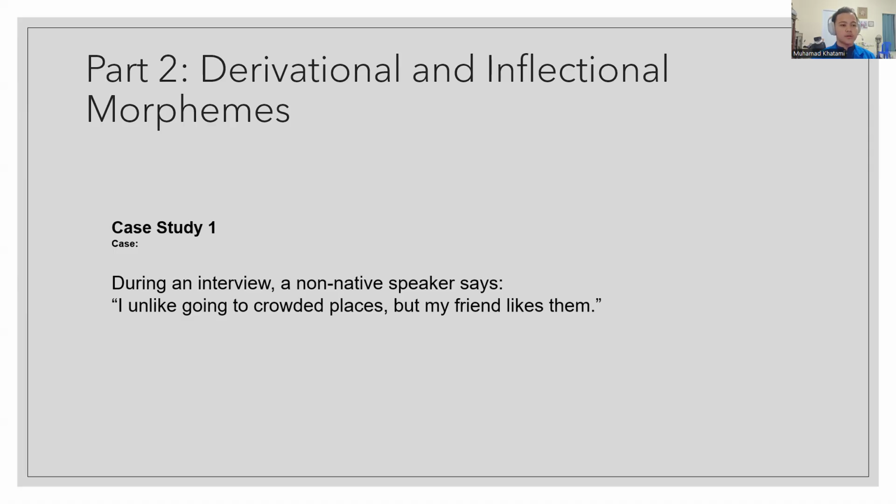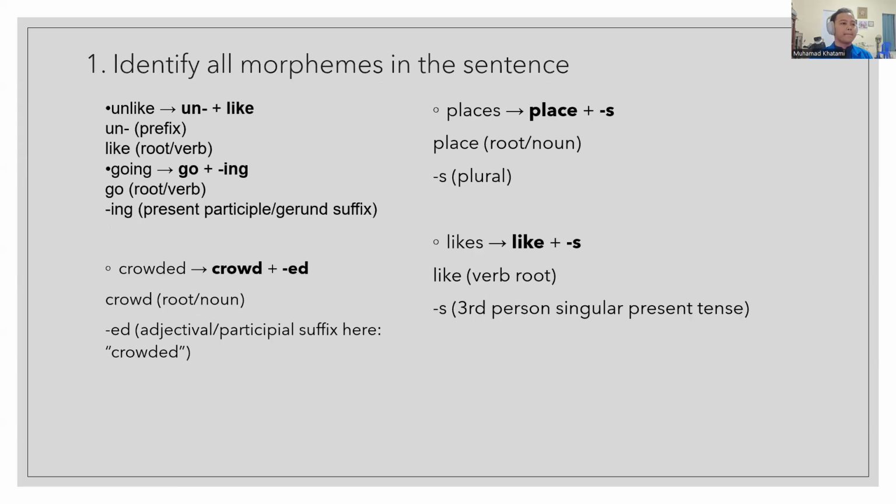answer the questions asked after it. So for case study one, during an interview, a non-native speaker says, "I unlike going to crowded places, but my friend likes them." For the first question, identify all morphemes in the sentence. The first one is the word unlike, with the root word like, with the added morpheme un as the prefix, and then going, with the root word go, with the added